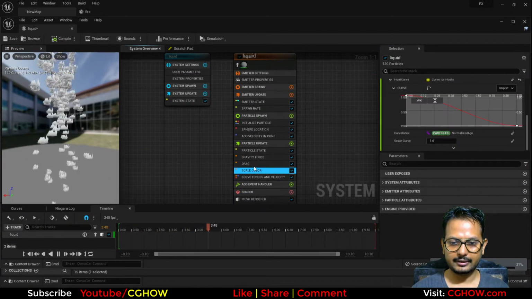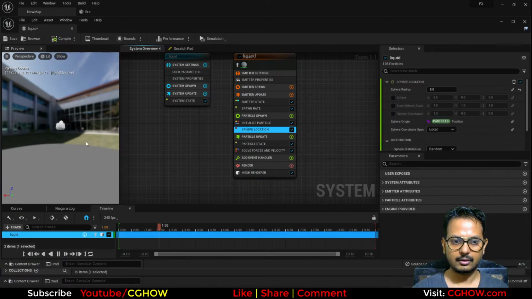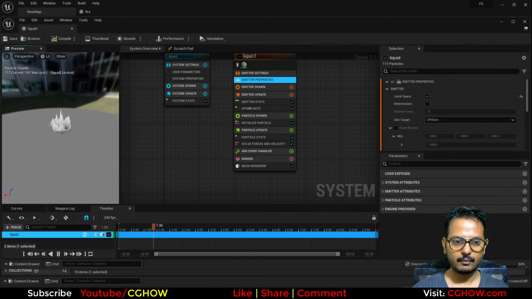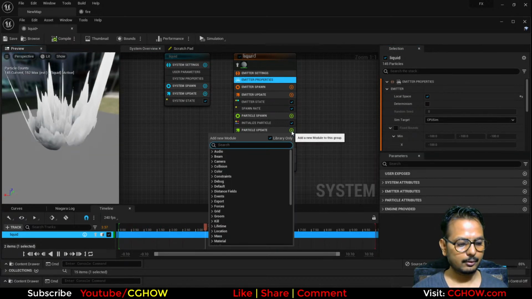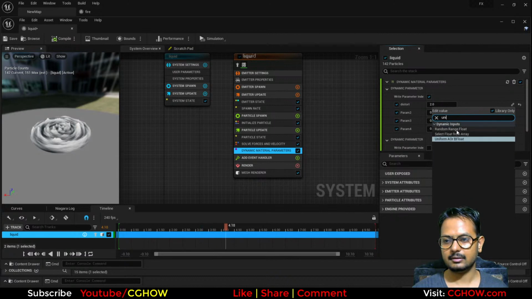I don't need these things, so I am removing this, and I will make it local, and distortion very high because of the dynamic parameter, so I'll make it like 5, 2 is okay. So I will randomize this